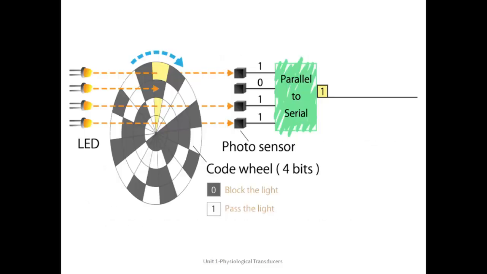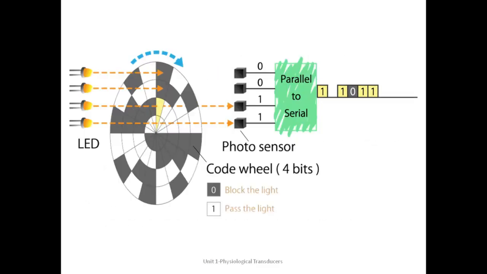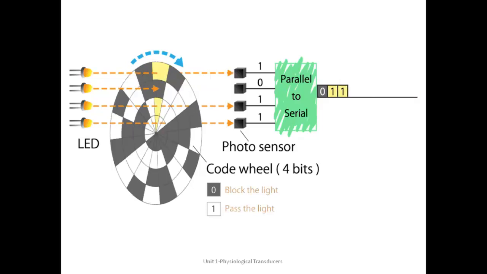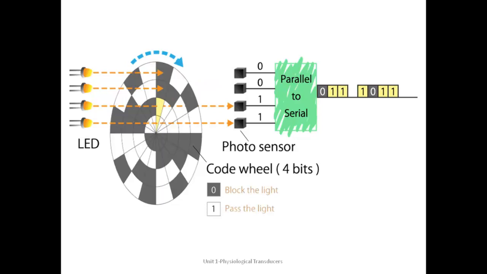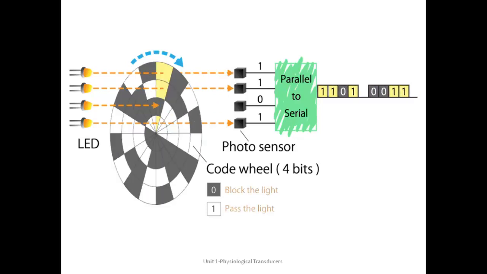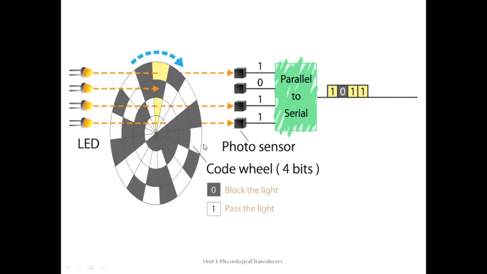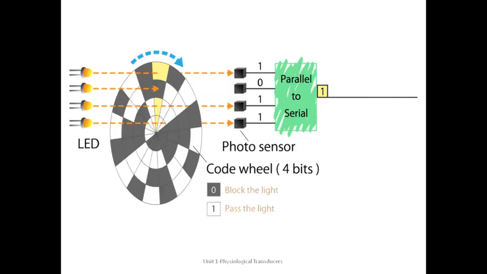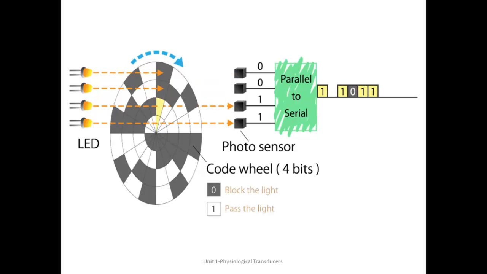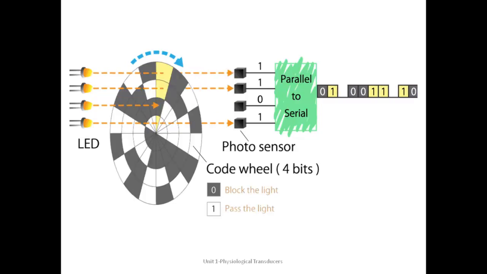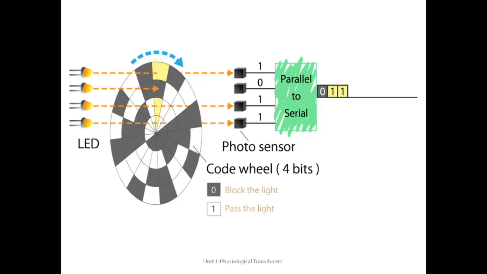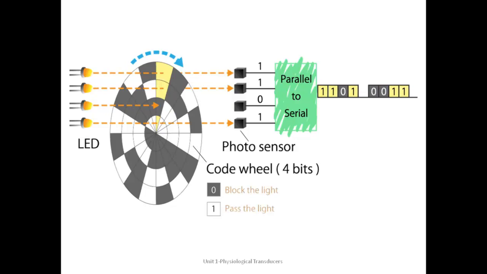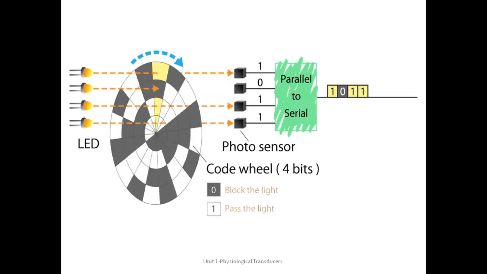Now, you can see over here that when the light is falling, as per the slots that are cut out, the bright one corresponds to 1 and the black one corresponds to 0. As the light falls, whatever slot is in front of the LED, the corresponding binary number gets generated and is passed on. This is more useful when we are using motors which show angular movement, and wherever we have to judge the angular movement of